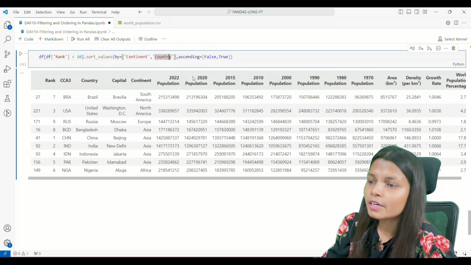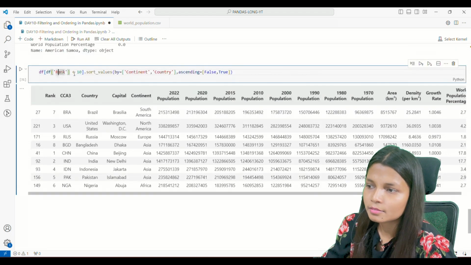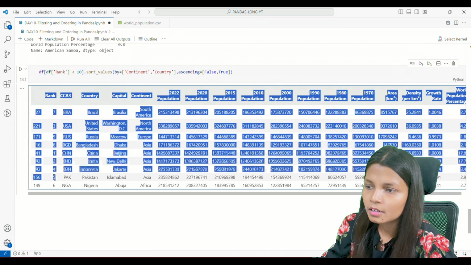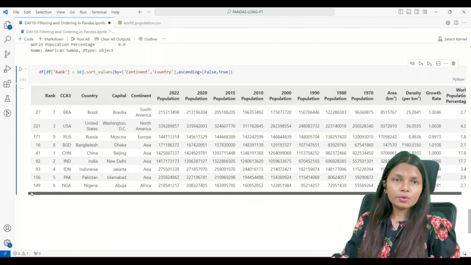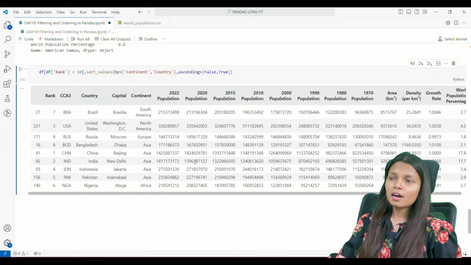We have done continent and country where the ranks are less than 10. So you can see over here we have the ranks less than 10, we have the continent and we have the country. We did it back, and here we are with the output. So that's how you can do the filtering and ordering in Pandas.